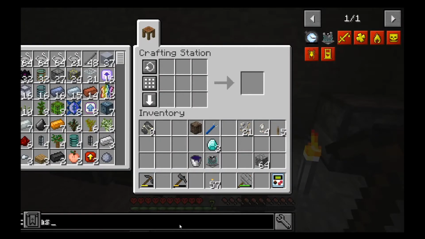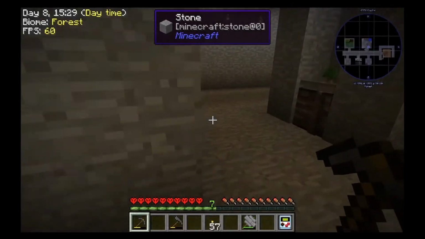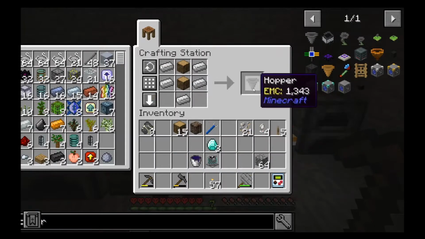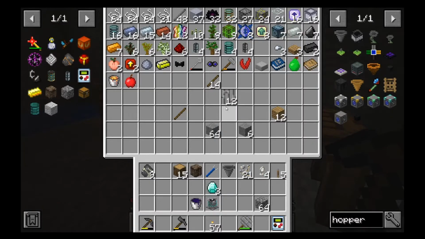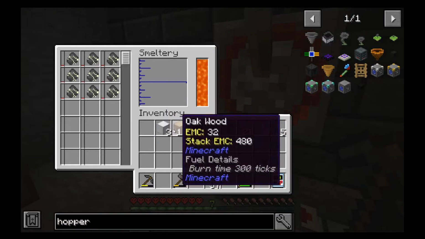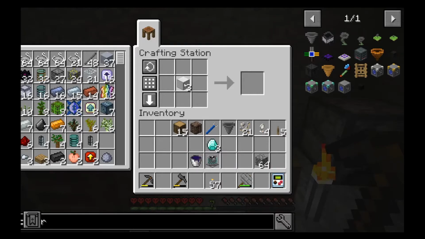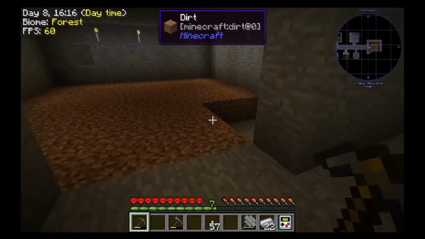So I think we're going to make a couple of hoppers. Do we have what we need for that? Need some wood. Hopper. Short on iron again. Do we have more iron still over here? Yeah, we do. And we can drop off this. So, crafting another hopper. Eventually we'll make something better than a hopper, but getting back over here, so